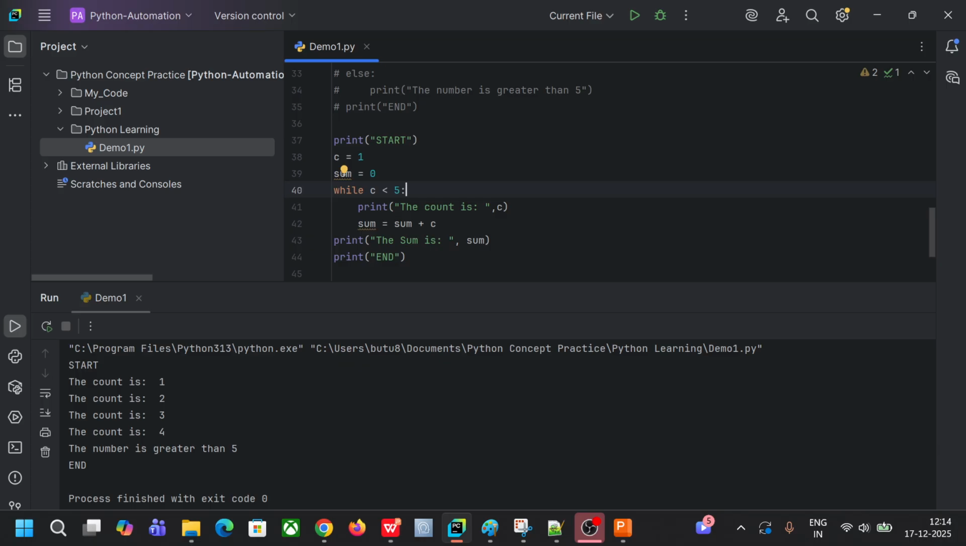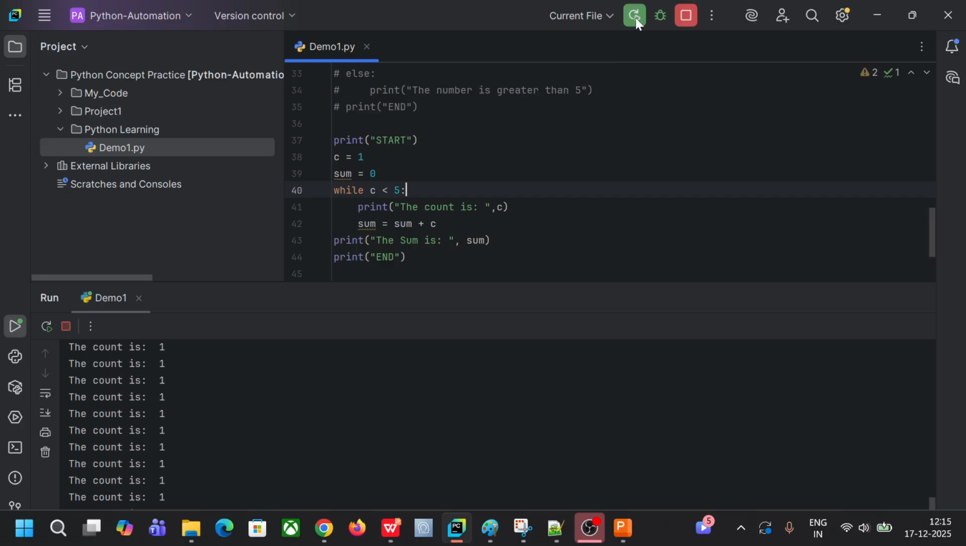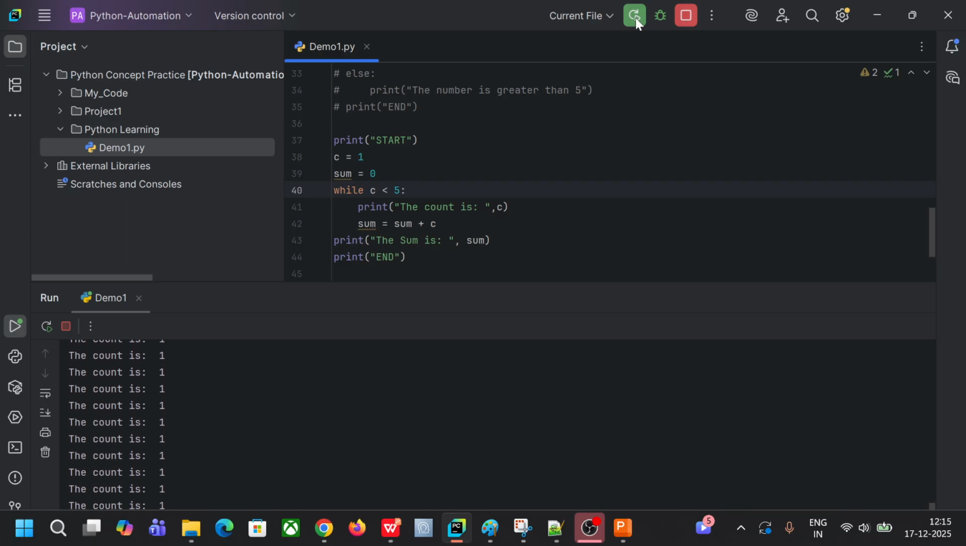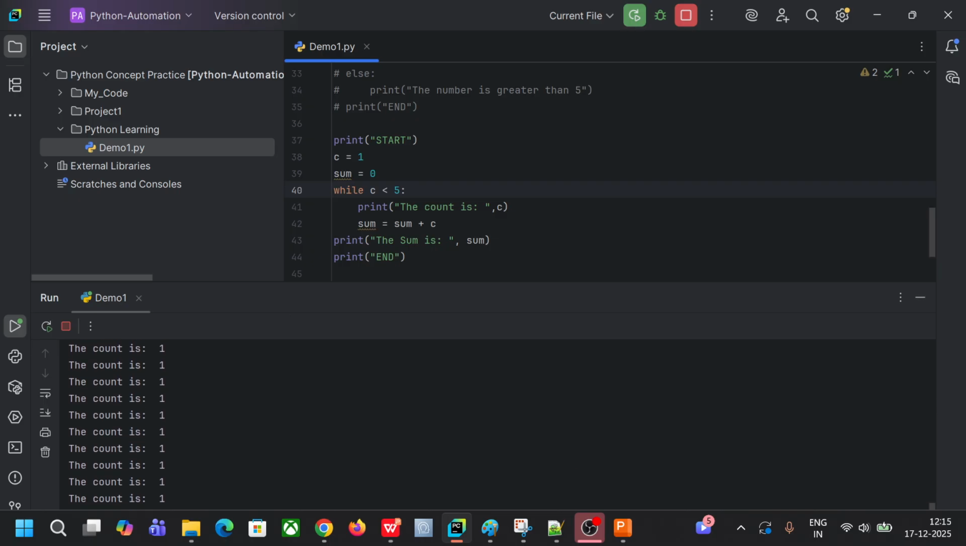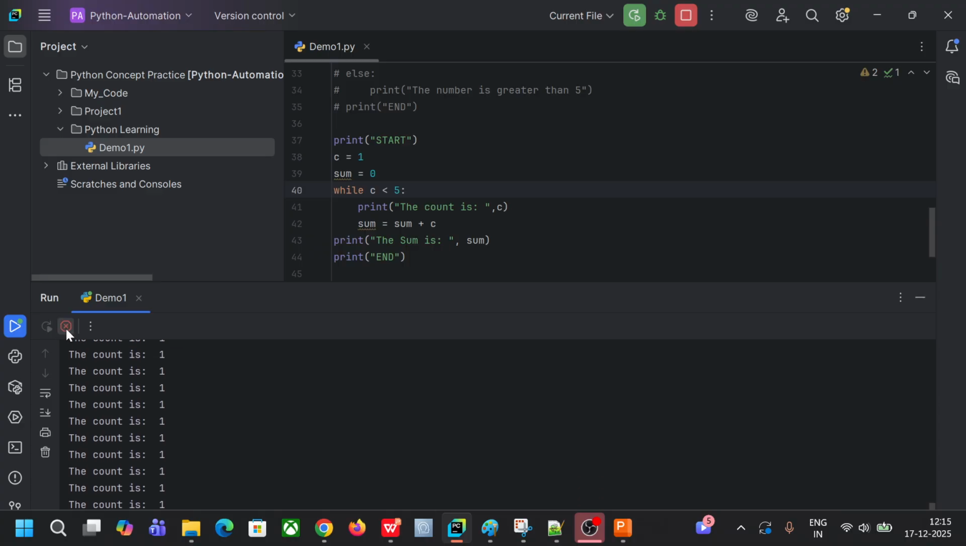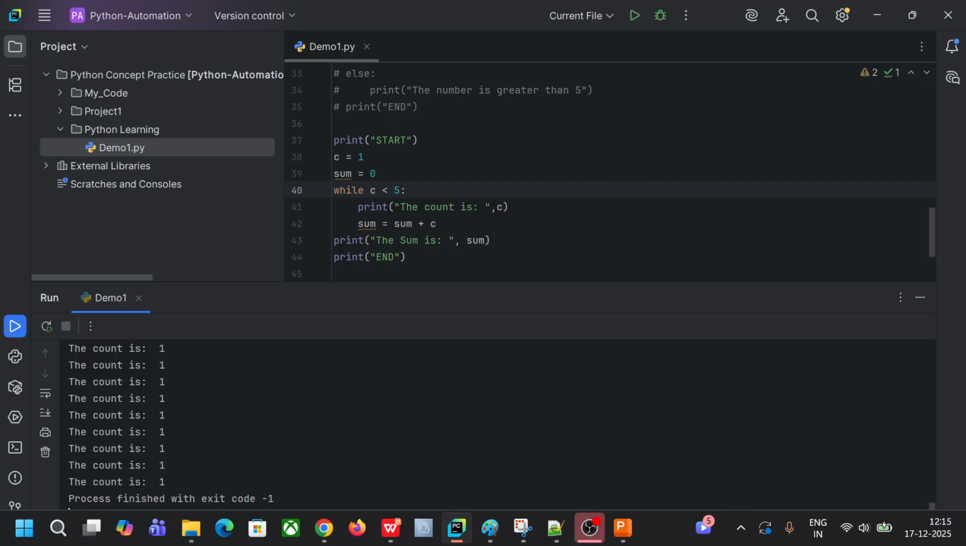Okay, now let's see again. So sum plus c, right? So now we can run it. You can see again it has been infinite loop. Okay, why? Because we are not adding the c here, right? So now I can give c equals to c plus 1. Okay,